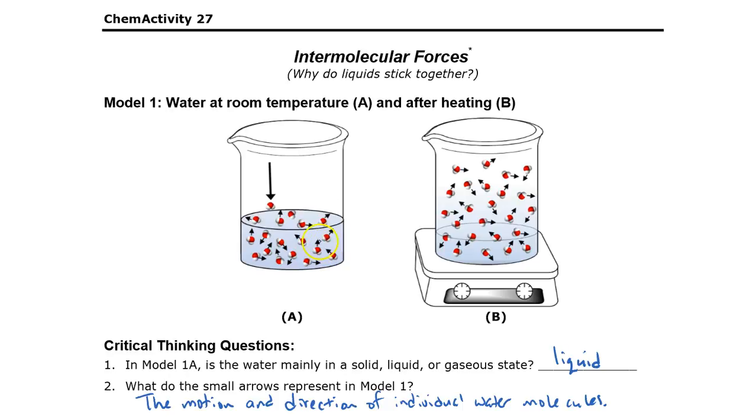You might have thought that the arrow indicates polarity, but if you looked at the arrows, they're not all like this: this one is pointing away from a hydrogen, this one's pointing away from an oxygen, this one doesn't seem to have much of an arrow at all. So polarity would be the same for any water molecule, and since they're different, it couldn't be that. So it seems that motion is the best conclusion to make there. And if you look at Part B, you see the same thing, that the arrows show that water's moving in a particular direction.